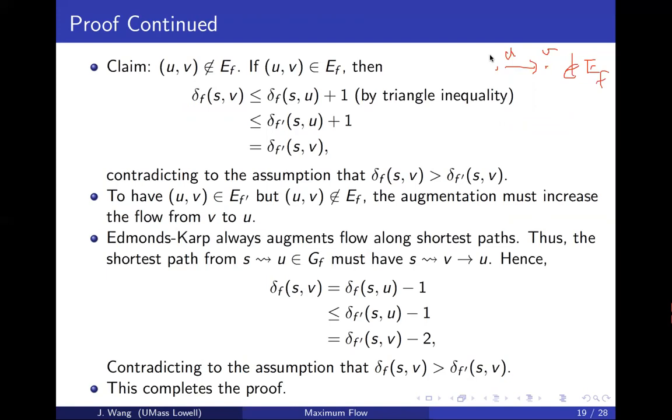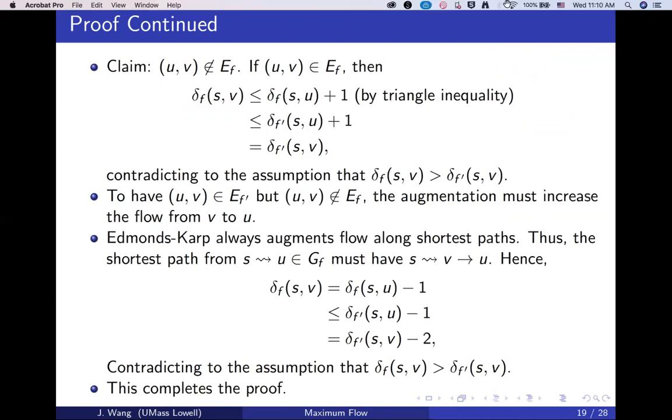That means if this edge U to V is in E of F,